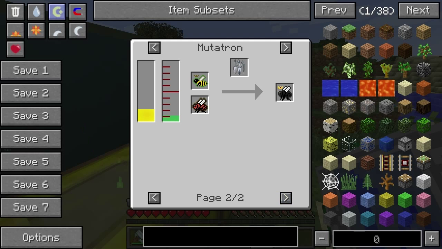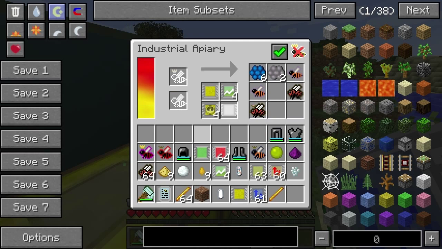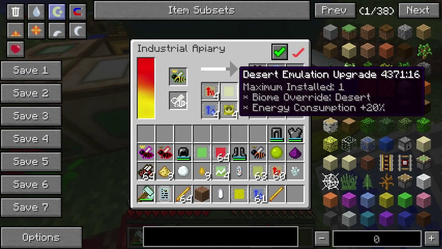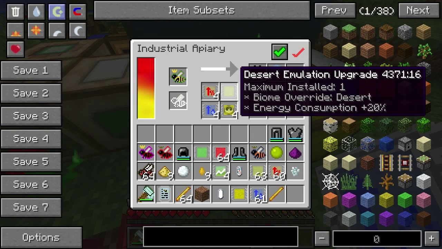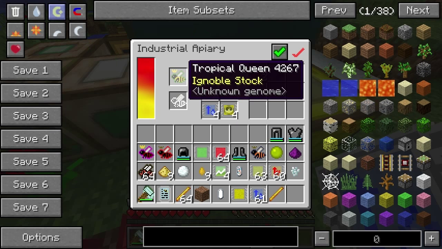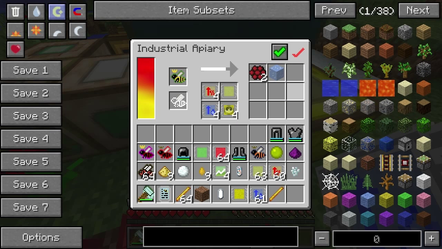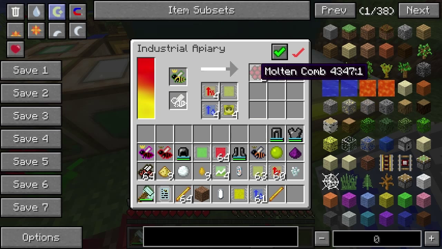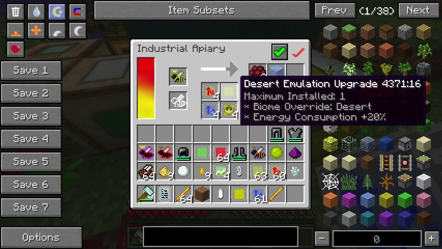And really what I'm trying to do is mix it together with this. Oh, I didn't do it in the mutatron. What was I thinking? Oops. So basically I could have got something, but I didn't. This will just give me tropical bees. But probably what will happen is that certain...